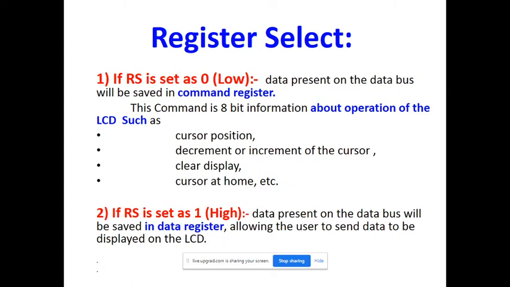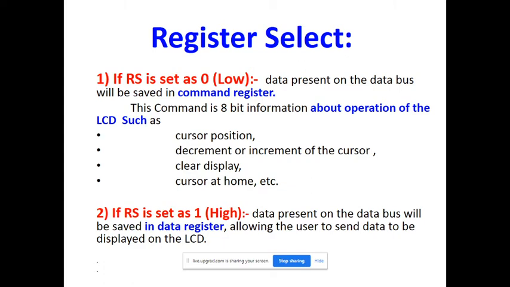To avoid that, your first job is to clear the previous information. Means you must clear the LCD screen first, and then display whatever message you want. So one of the commands is to clear the LCD screen.